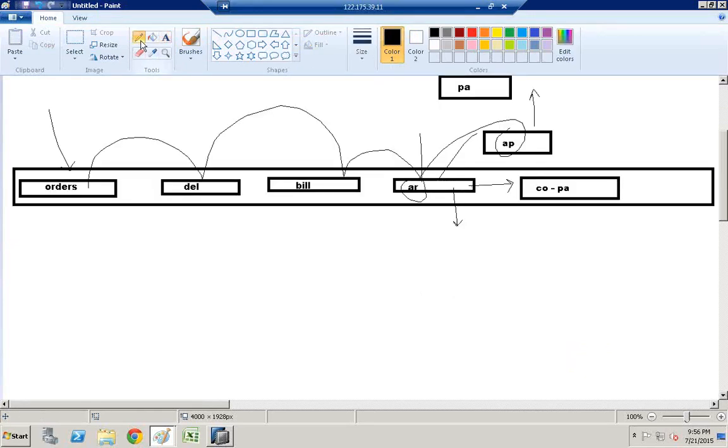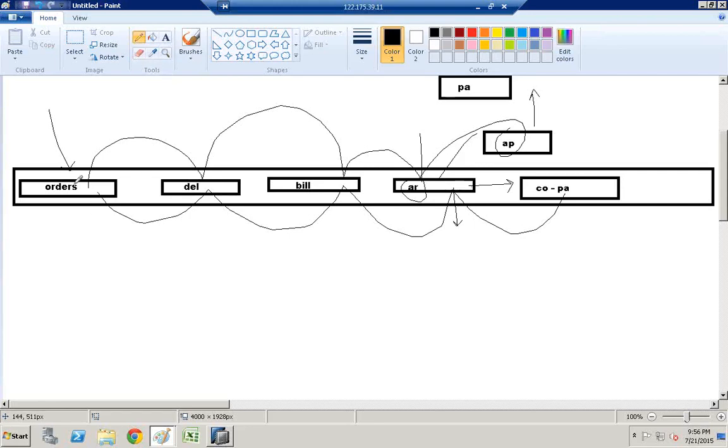Now, in SAP, all this integration is already done by the functional consultants. So you have a different group of people who do all the configuration. Once the system is integrated,